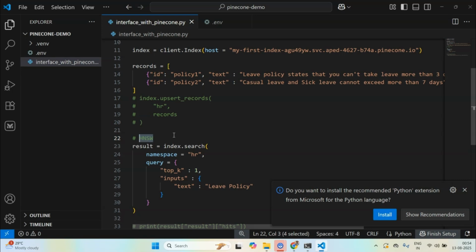I would like to stop right here, because my objective of this video was to get started with Pinecone, create an account, create an index, and interface with that index using Python by inserting records and searching. And you can do it now. You can take your records, in whatever form you have them, insert them, and then implement this searching in your applications.